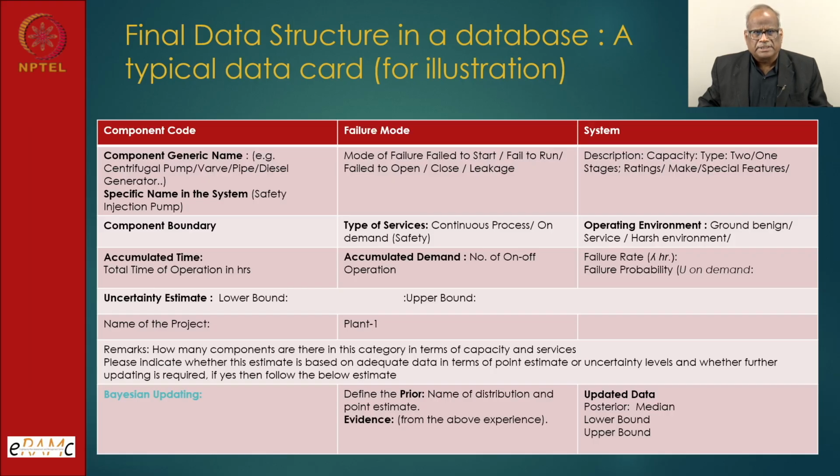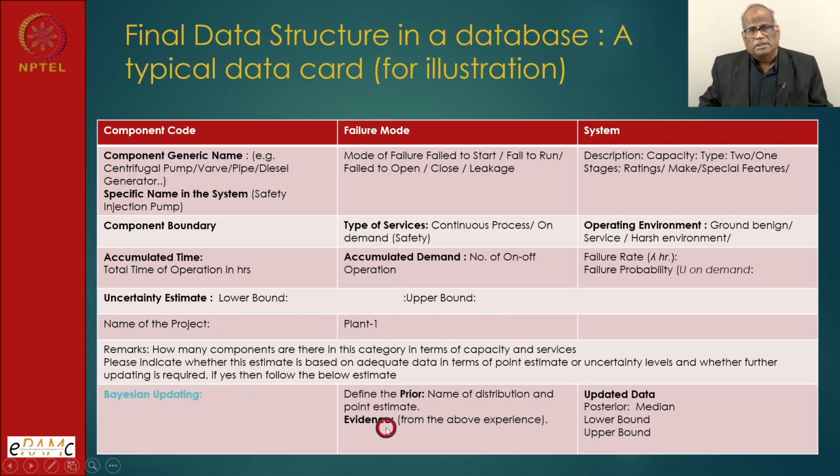Now the final data structure in a database is the component generic name. What is the generic name of the component? And as I mentioned in the previous slide, what is the failure mode of the component, fail to start, fail to run, and which system it belongs to. So this information: component boundary, type of service, continuous or standby, operating environment, control room environment, service area, harsh environment, accumulated time, accumulated demand, failure rate, failure probability, uncertainty estimate, bound, upper bound, lower bound, name of the project part. And then some special type like Bayesian updating has been done if the data were not